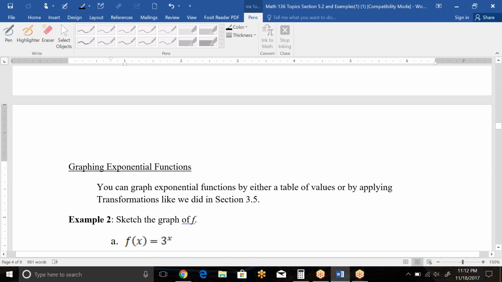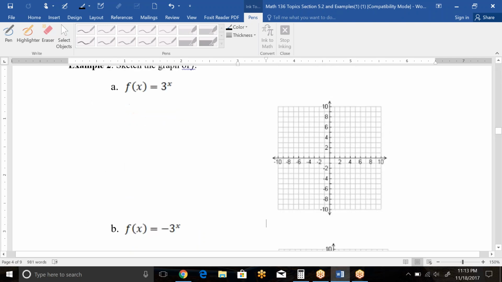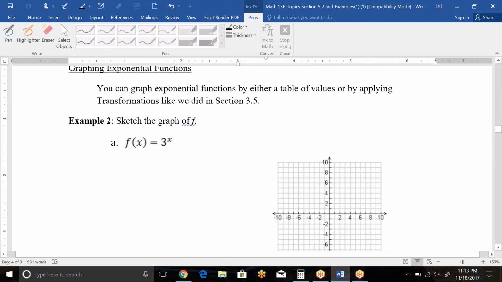The other thing we're going to do in this section, there's three things. We're going to learn how to graph some exponential functions. And all of the graphing in this unit is pretty much done by a table of values. You can use transformations like section 3.5. I would not usually recommend it, especially if you weren't strong on that already to begin with. And a table goes pretty quick. So if we look at this, this would be,